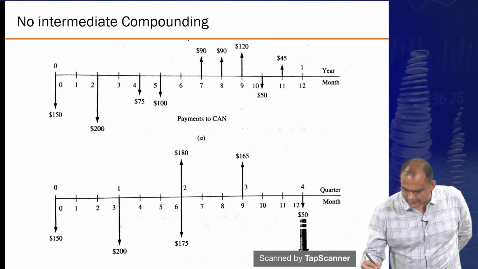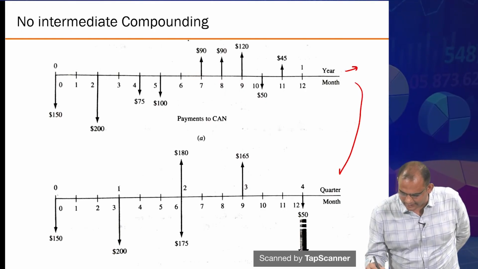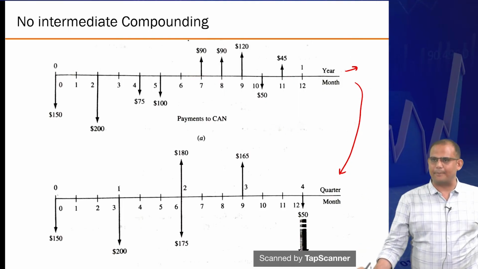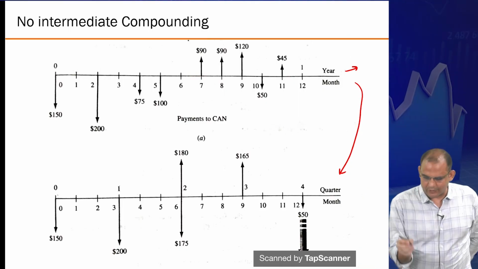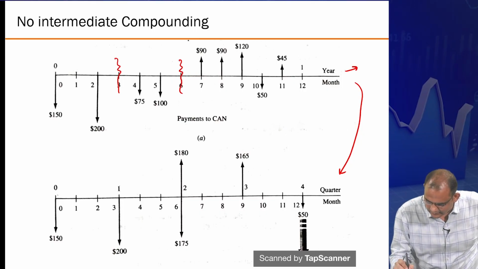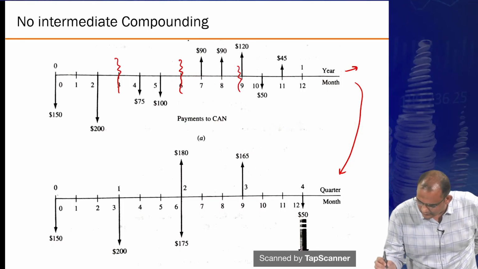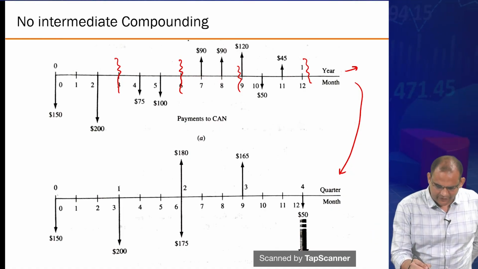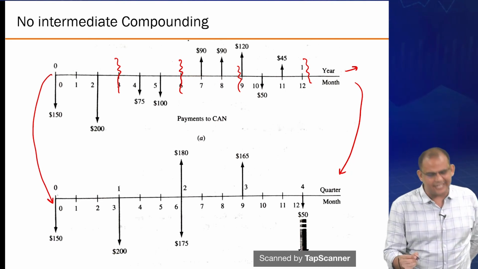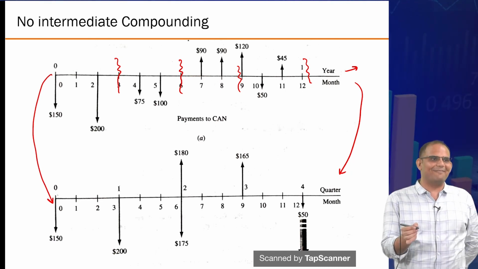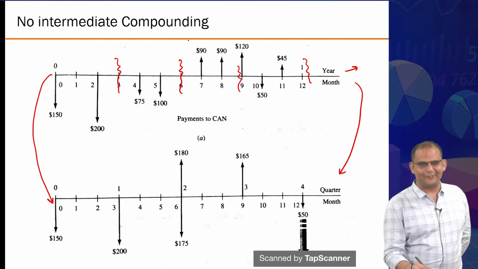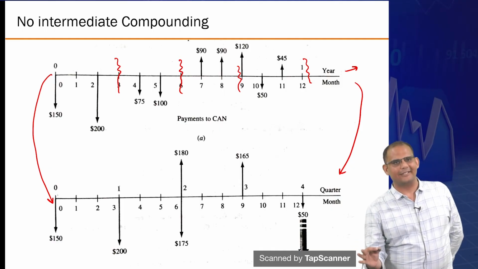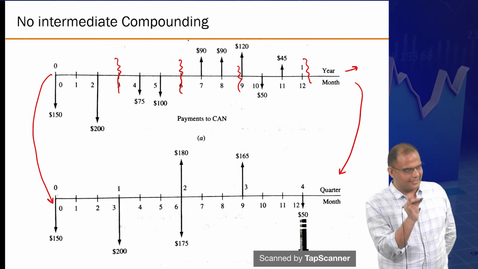In this case, we are converting a yearly cash flow series to an equivalent quarterly cash flow series, when the assumption is that there is no intermediate compounding happening. Okay, so we are dealing with quarters, right? So the convention is this first period remains unchanged. So it does not even follow its own convention. That's my worry about this method, because you are not doing anything with period 0. You are not shifting the period 0 value to the end of the first quarter. You are assuming that it is there.